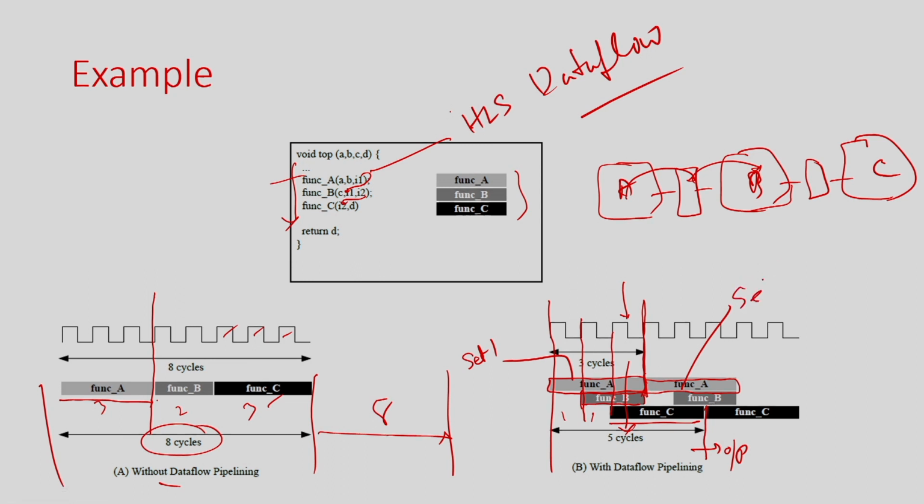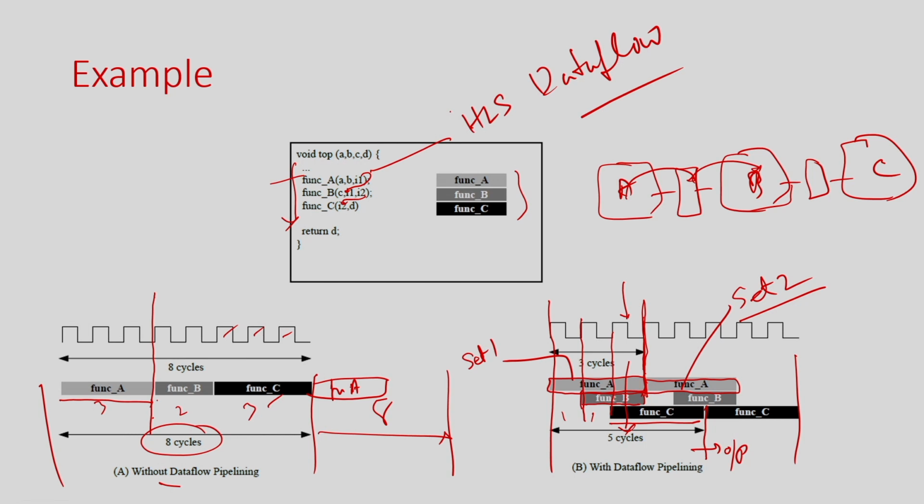So, now I can start the whole process for the second set of data after the third cycle itself. Here I cannot start it because function B will be completed and that is how it is scheduled. So, I can only start function A again here. So, that means there is no idle time for different sets of inputs; the function is also not sitting idle, right. Immediately after the function is completed, I can start function A for the next set of data, and this is how the overall latency becomes